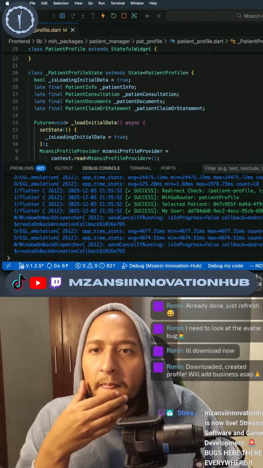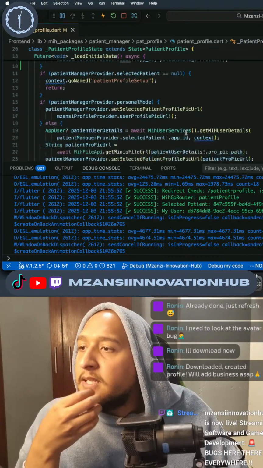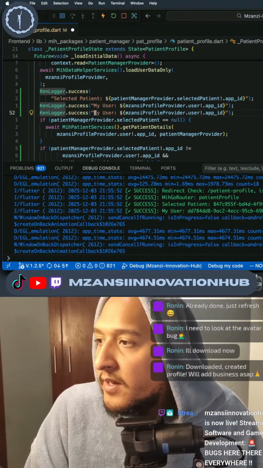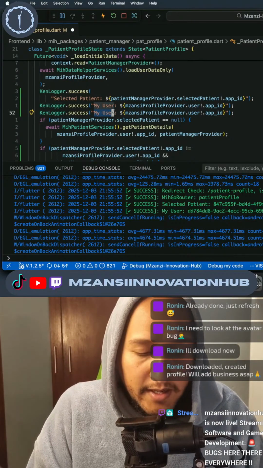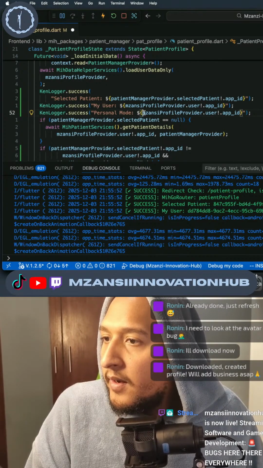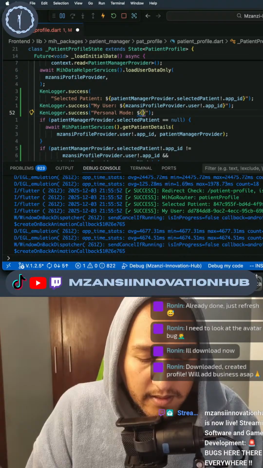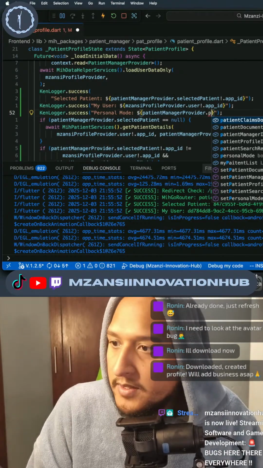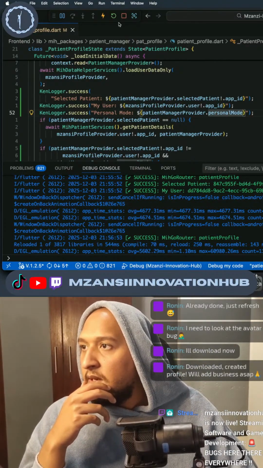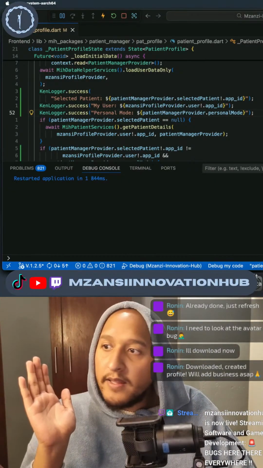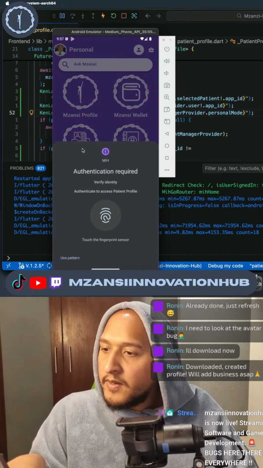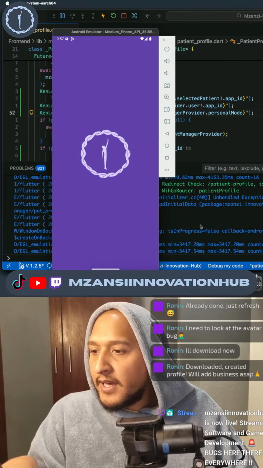Interesting. So to me, let's log some more things over here. Yank paste. So over here, change personal mode, and then delete this patient manager profile dot personal mode. Right. Let's reload things, and I think that's the issue. I'm not updating personal mode. So over here, when we click on patient manager and then sign in, it should tell us that we are